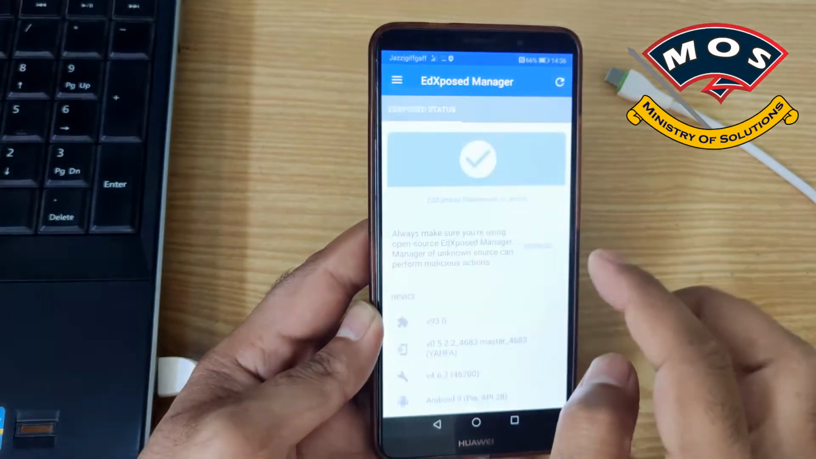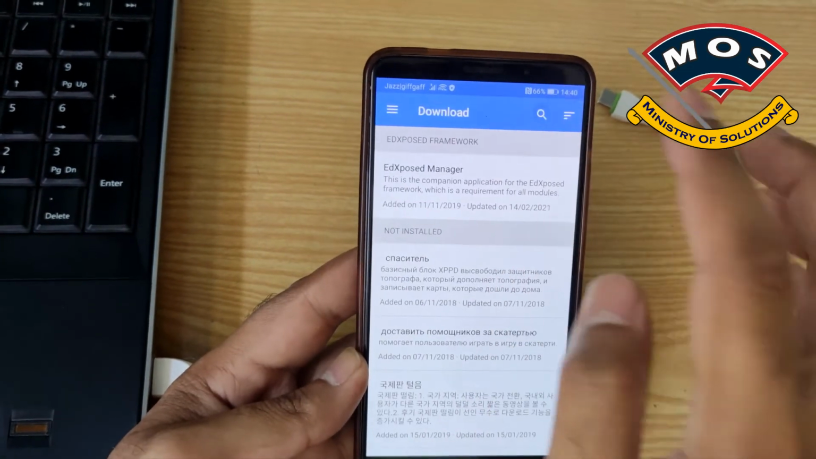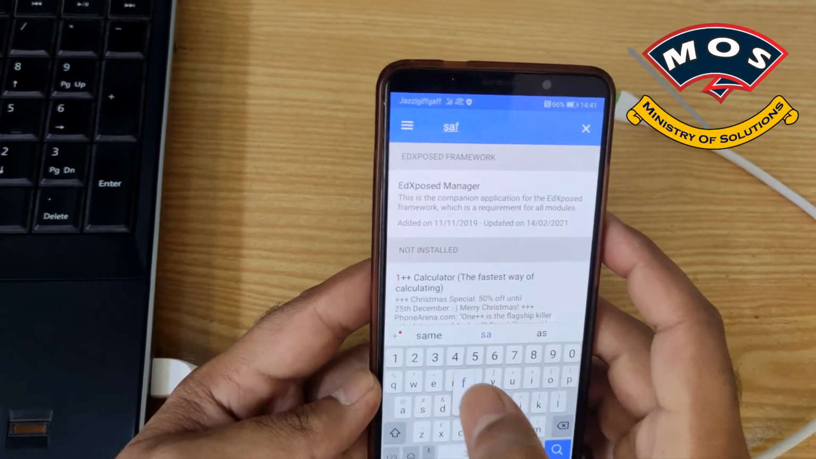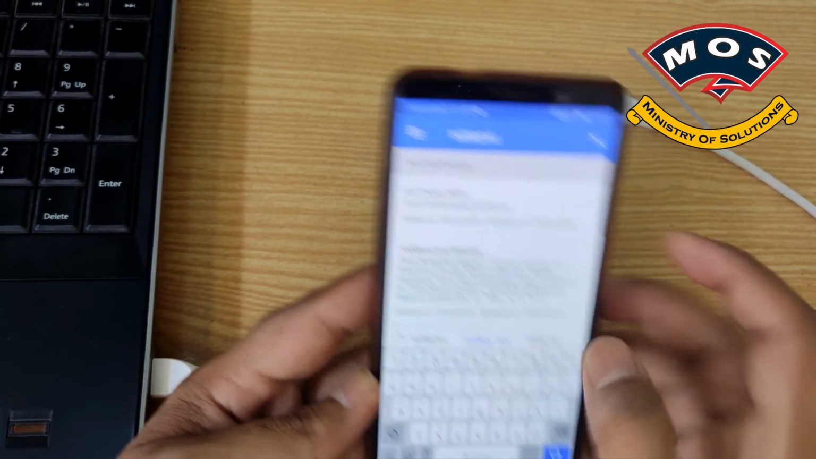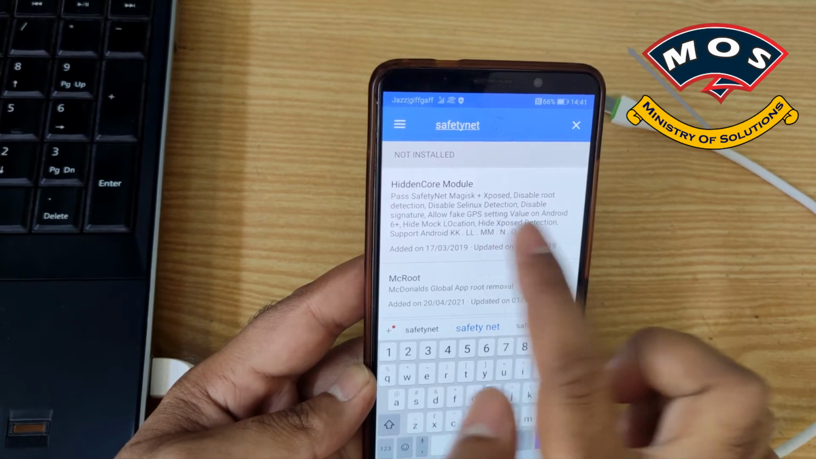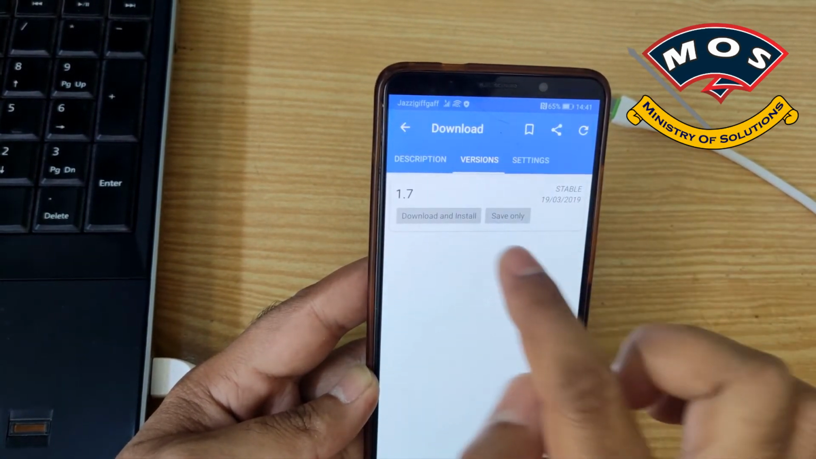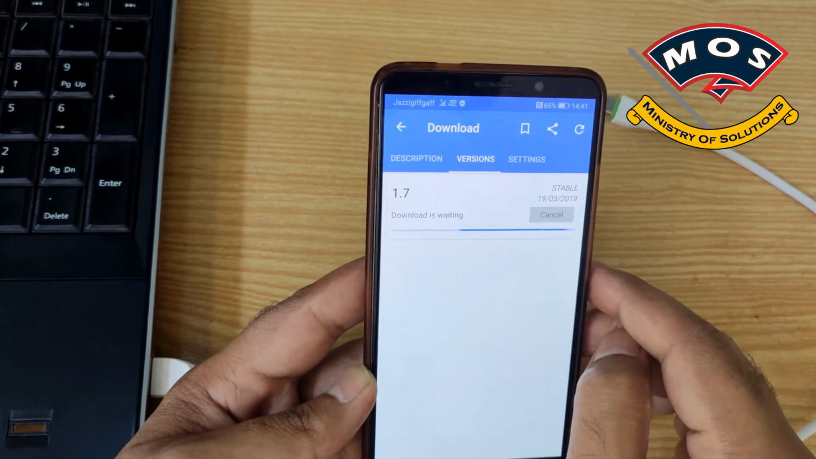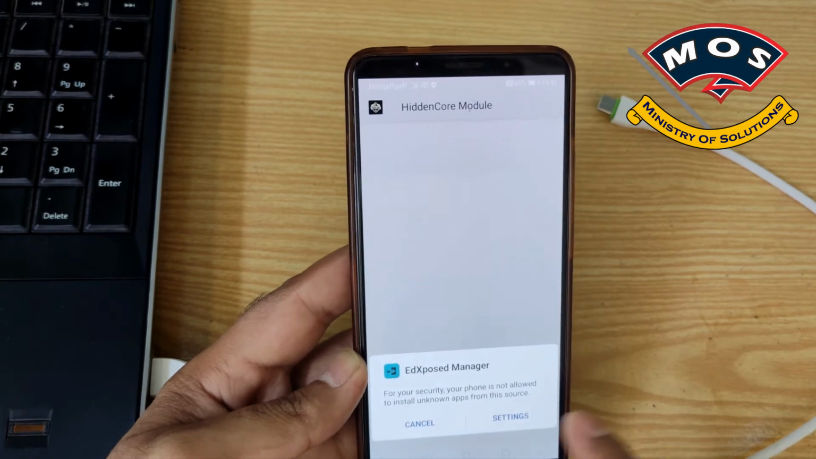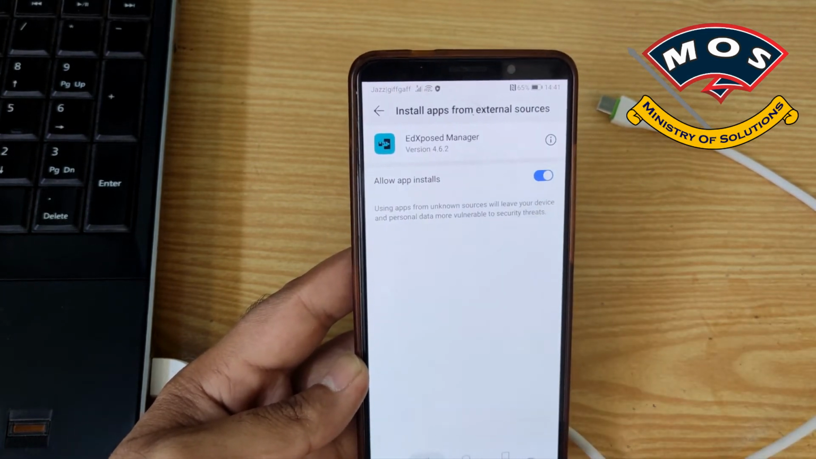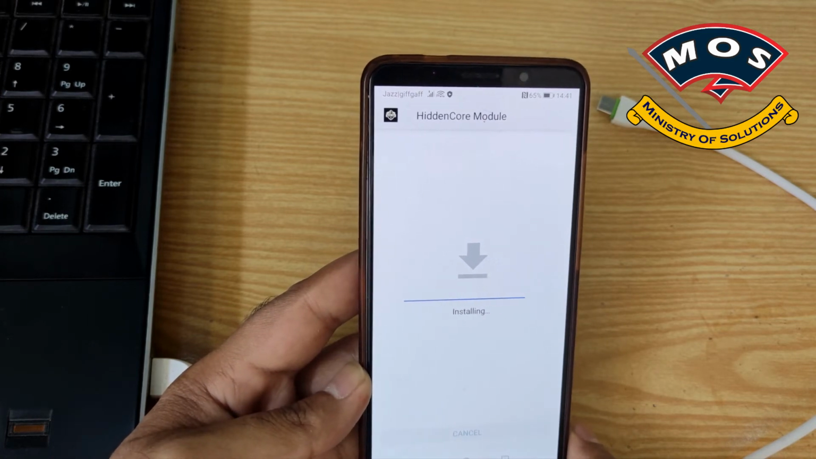Okay, you can see SafetyNet has failed. So in the download section of edXposed, you need to search SafetyNet. Just search the SafetyNet. I don't remember the name of that module, and that's the module, Hidden Core module. You need to install this version, and this will fix your SafetyNet problem after installing edXposed. So we will install this module in edXposed, and